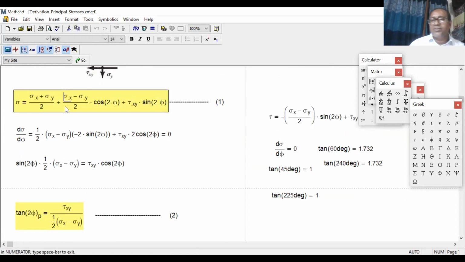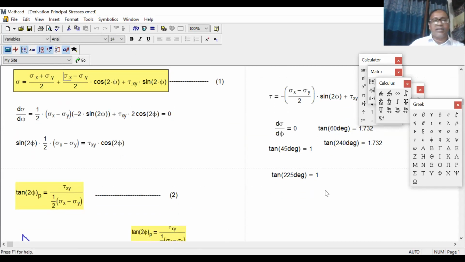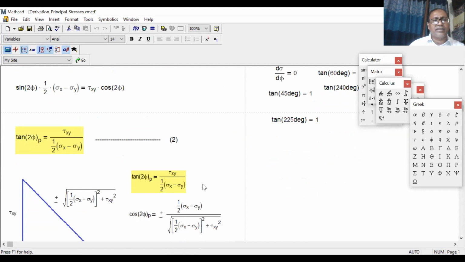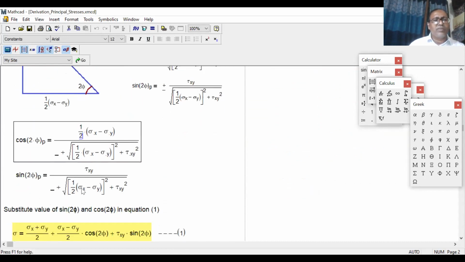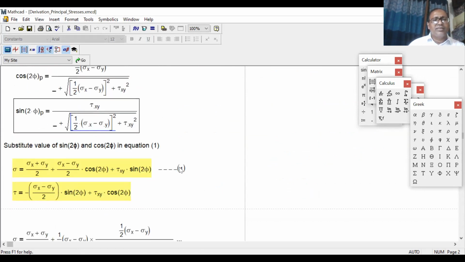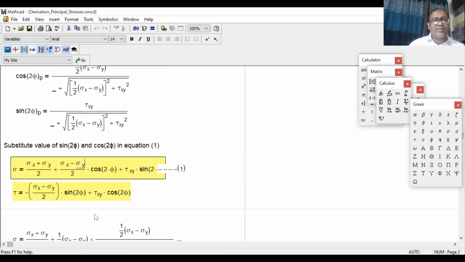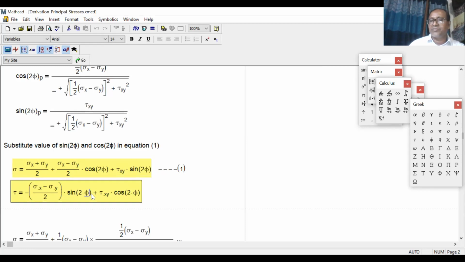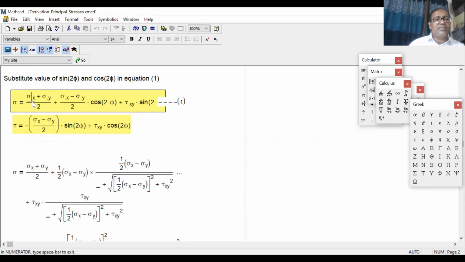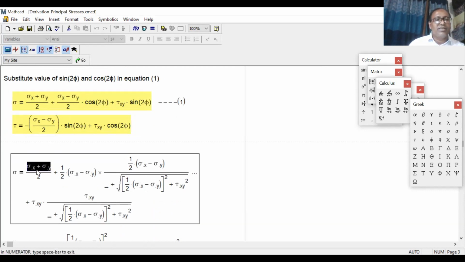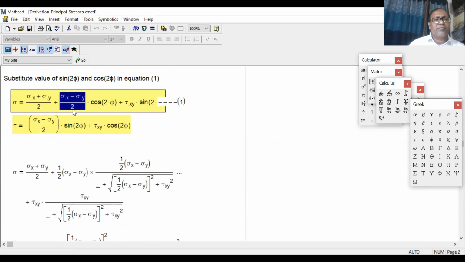Then I see how the sigma looks. And you can see it is coming out very interesting. This is my cos value, this is my sin value, this is my mother formula, the shear formula, right? In both equations I'll put this value. So at first you put in this equation. This is my first term, it remains as it is. This is the second term, this one,